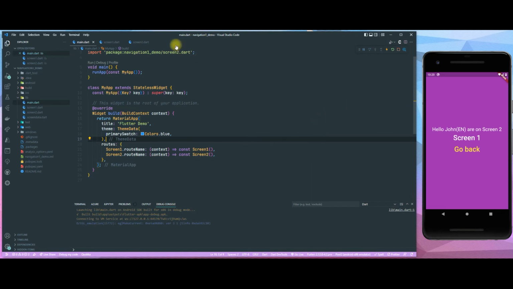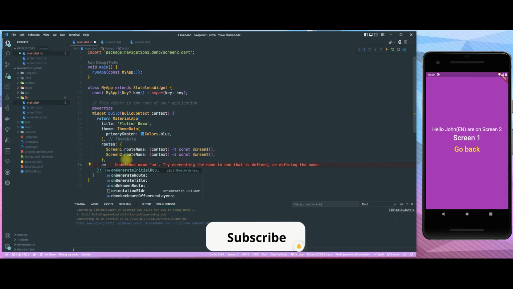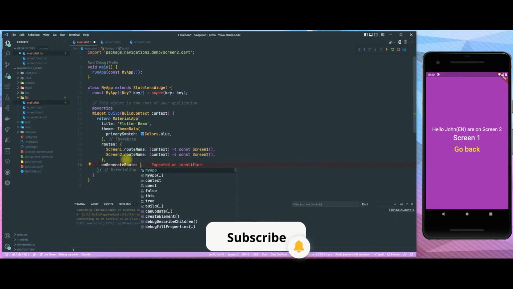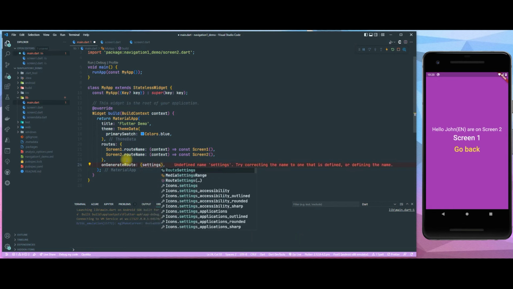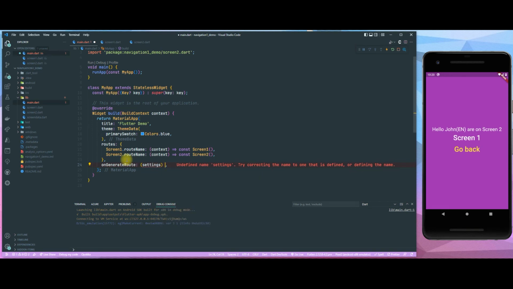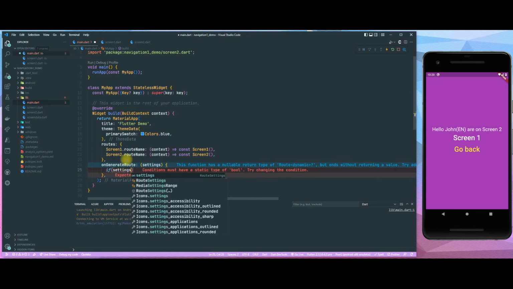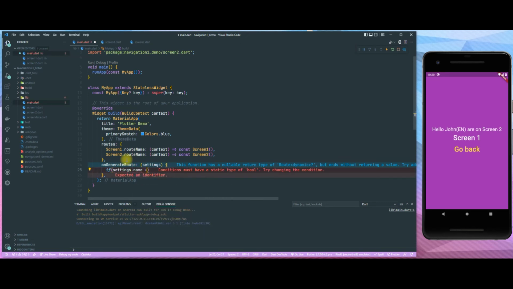All right, so let's first do some things here. We have to add something here on generate route, and here we are gonna get our settings back. So that's the same settings that we were talking about before with our model route. And here we can say if settings dot name equals screen 2 dot route name. So here we are saying if we are currently on the second screen,